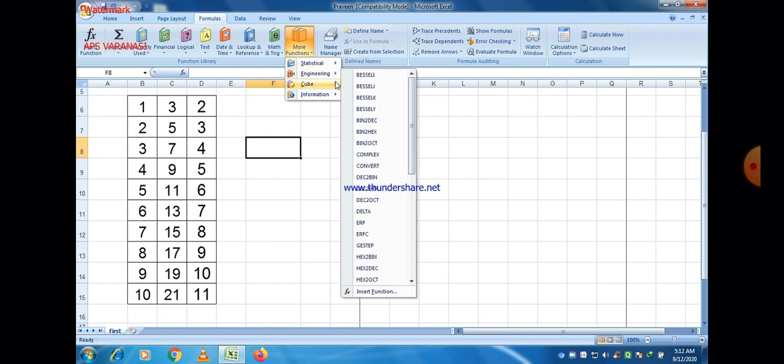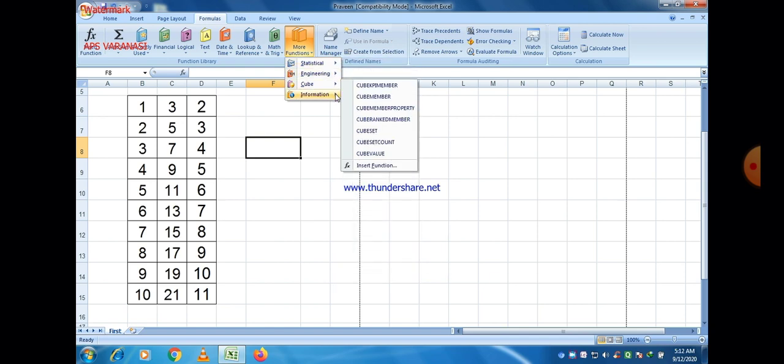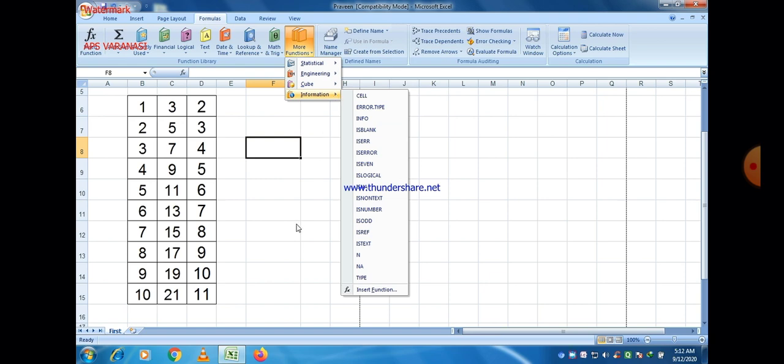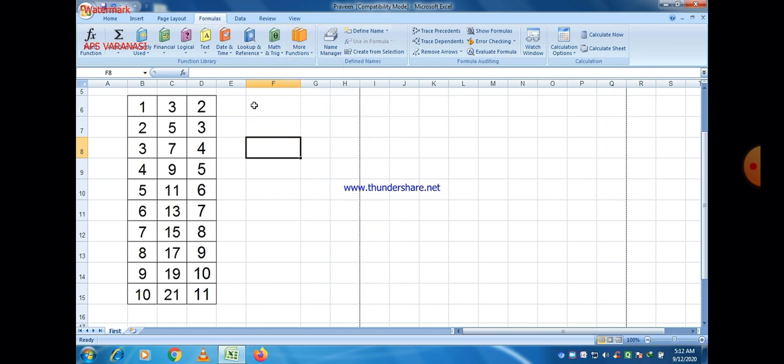Now one more important thing, there are formulas related to different fields such as statistics and engineering. So you can use those options also.